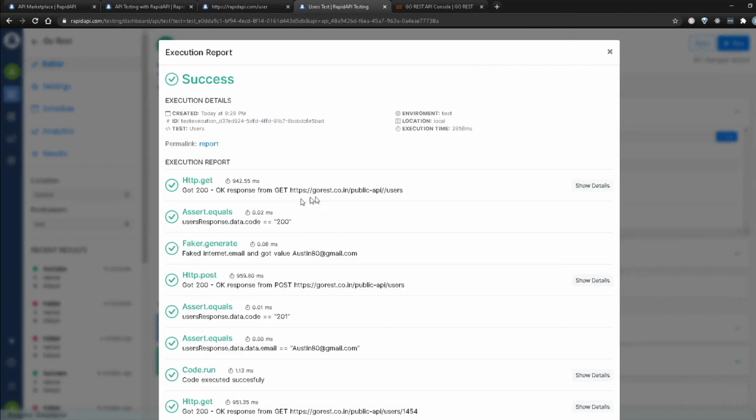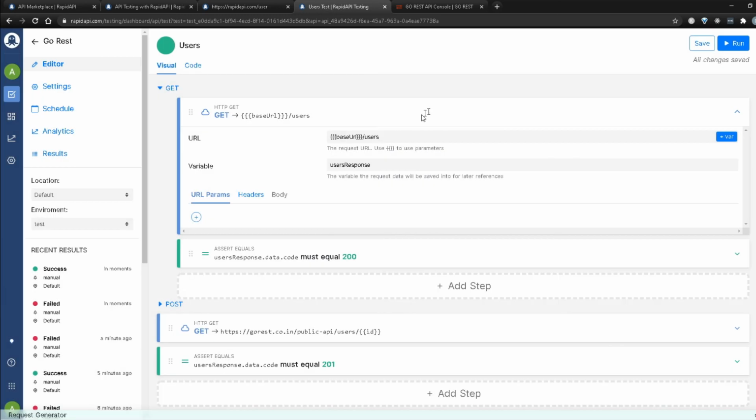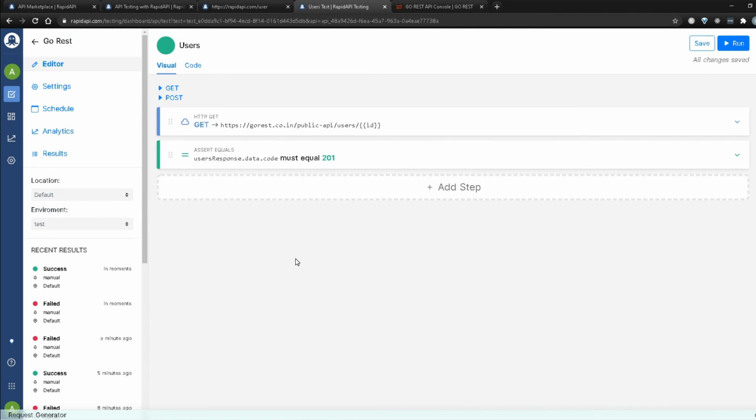All right, there you go. We got a success. And if you notice, it's now picking up our test URL, which we passed in our test environment. And in the environment, if you notice, this is also saying test. So this way you can dynamically provide the environment variables. So if you're running it, let's say on the QA environment, you can pass in the QA URL here. If you're doing it in production, you can pass in the production URL. So you can go ahead and actually make that change in pretty much all your other calls also. But for this, I'm just going to leave it this way.